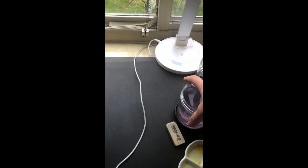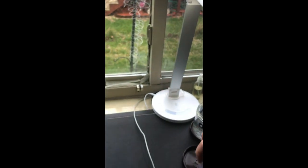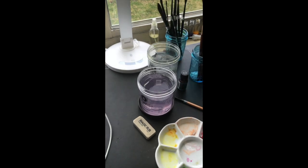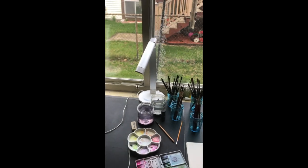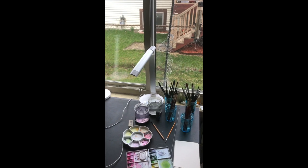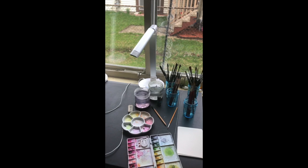It's just perfect. And then Talenti, if you like Talenti ice cream, here is a great way to recycle those containers. And I'm starting to make my own Talenti, so I don't have to keep using them. So anyway, that is my desk setup. You can see I've got pencil for drawing and a miscellaneous brush too. Okay,